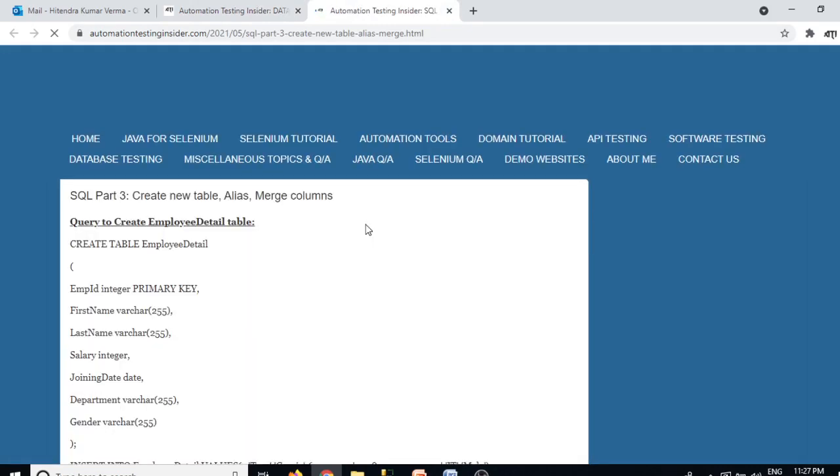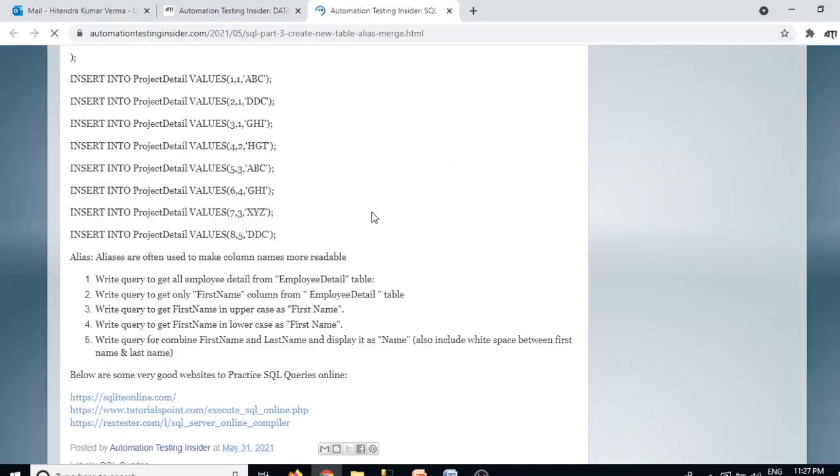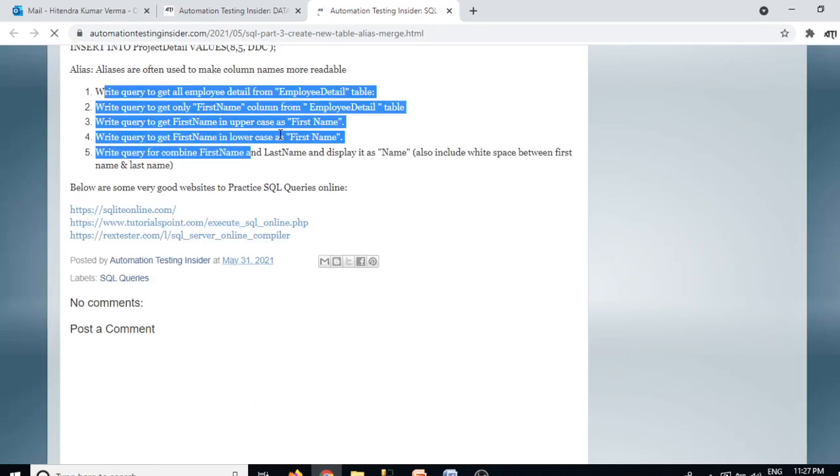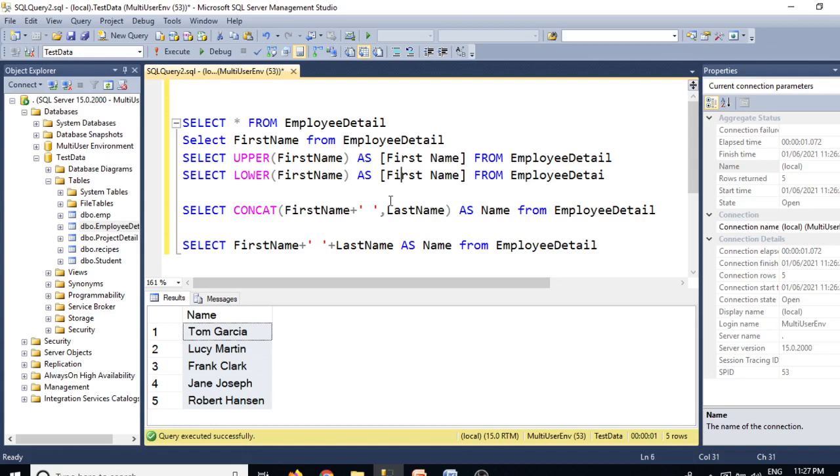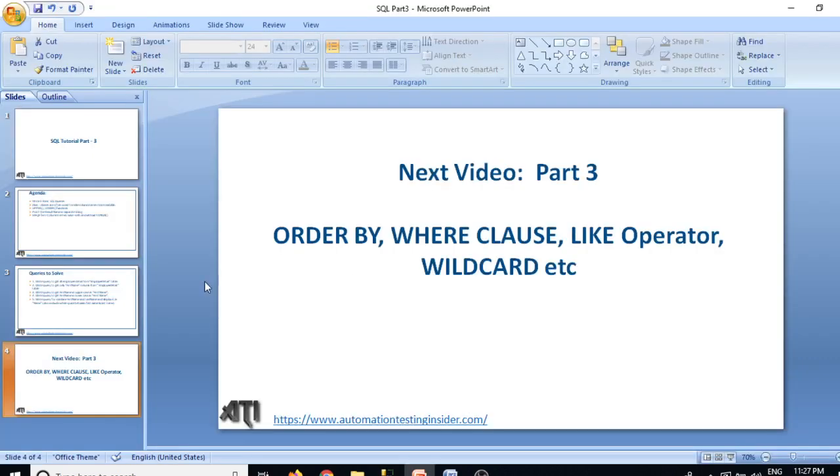The queries are already there, so I'll just provide the answers. Then you can refer to that and practice all these functions like uppercase, lowercase, concat. Whatever we have discussed are just basics. Going forward we'll see some more complex queries as well.